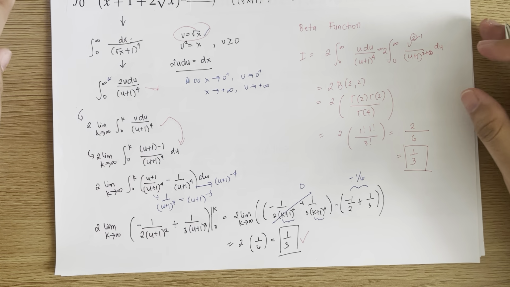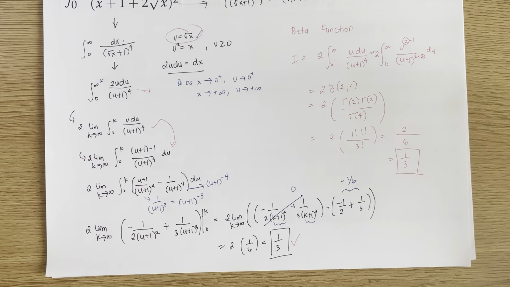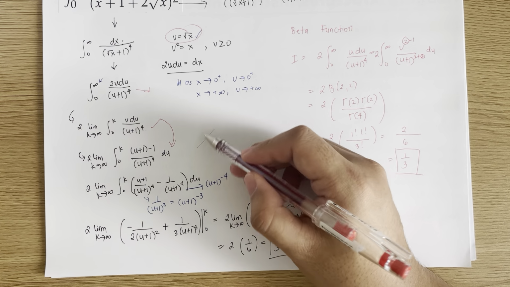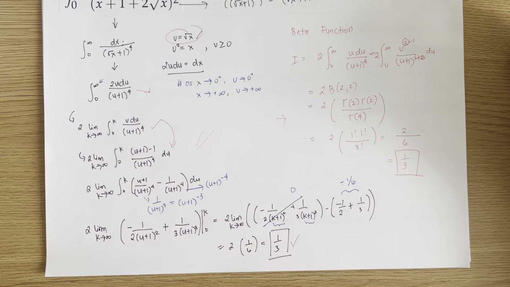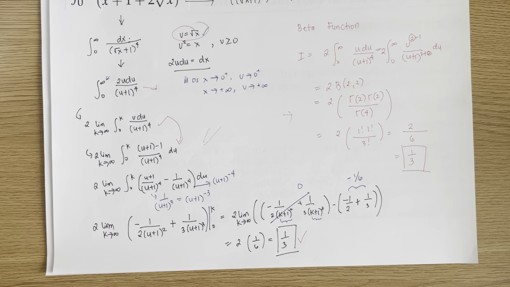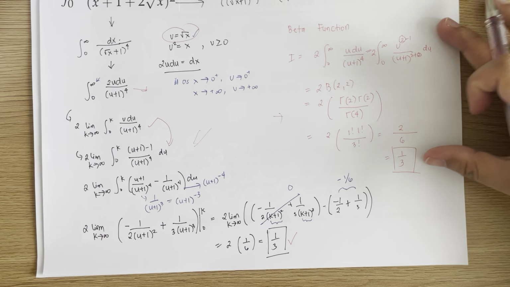So if you're familiar with the beta function, the solution for this integral is pretty shorter, I think. So you can choose either of these two. The first one is the algebraic one. The second one is the more advanced one. The only downside with the beta function is that you have to be familiar with its forms. So if you have a keen eye and you're very familiar with the beta function, then this is a no-brainer already.